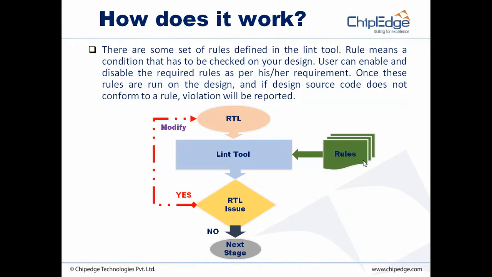And this is the flow. Normally, how does the lint flow work? Lint tool means there are different tools, and we can use any tool. We'll discuss what tools are available in the market. The only input to the lint tool is mainly RTL. It can be .v or .vhd or .sv. The design is provided, and we have to apply the rules. A set of rules will be there; we can call it a goal or a rule, anything. We'll take the RTL as input and enable the rules in the lint tool.